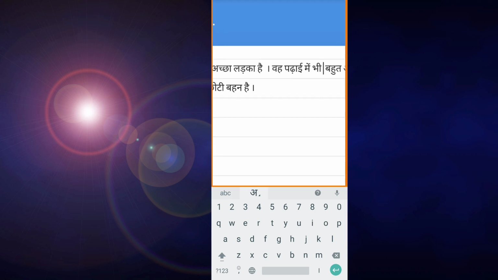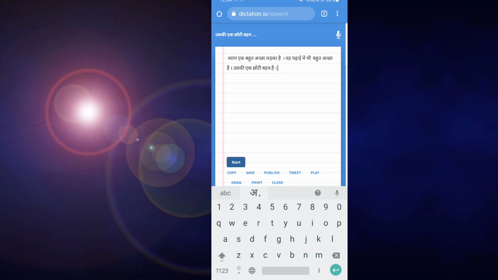So here also if I want to do any changes, I can do it. Suppose I'll tell you how to type here. Hello. See, it's typing whatever I want to type here. Shyam. So any words which are not typed correctly, for that you can use this typing feature.